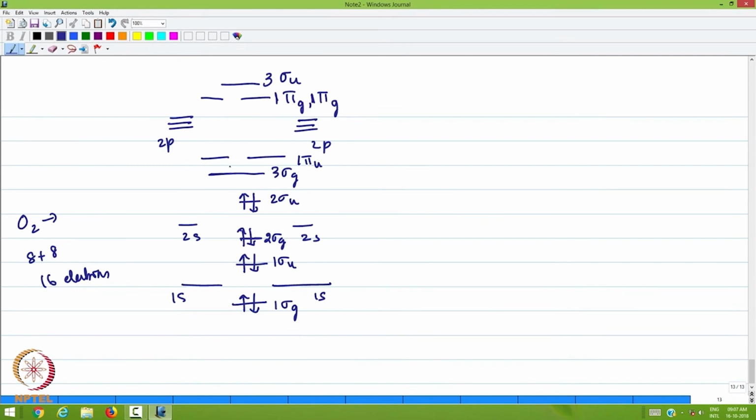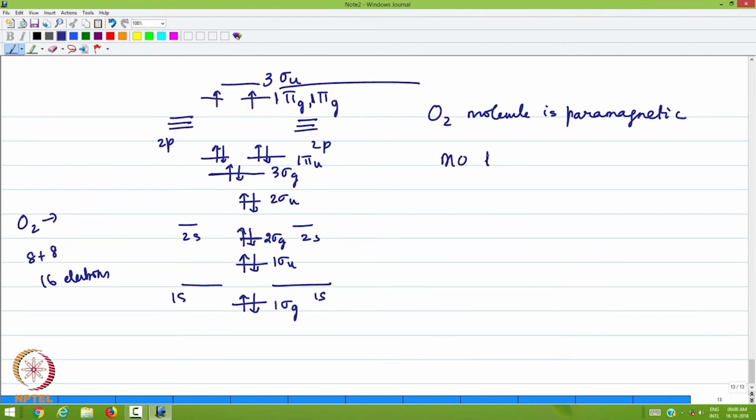Now, you can see that the 6 electrons are in the bonding orbital, and then there are 2 electrons in the anti-bonding orbital. This is most important. The oxygen molecule is paramagnetic because of the unpaired electrons, and you can see that MO theory in an elementary form with simple linear combination gives